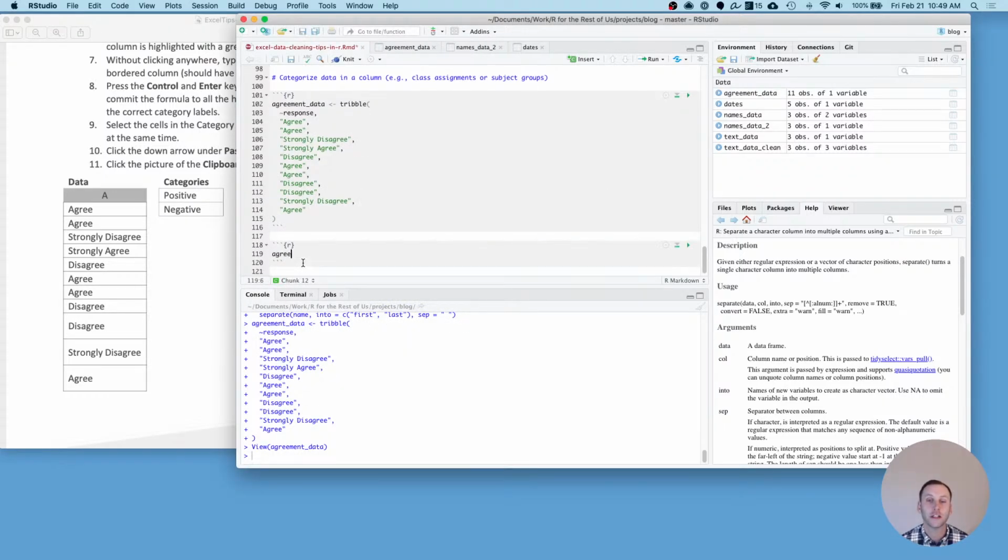So we can do this using the mutate and case when that we used above. And basically what they're saying is if someone says agree or strongly agree, let's make that positive. If someone says disagree, then we'll make it negative. Sorry, I was just thinking as I was talking. So I'll just make a new variable, I'll just call it positive negative, equals case when,